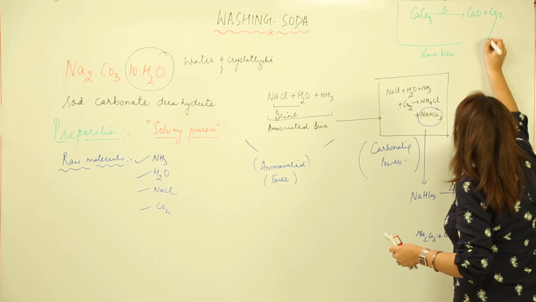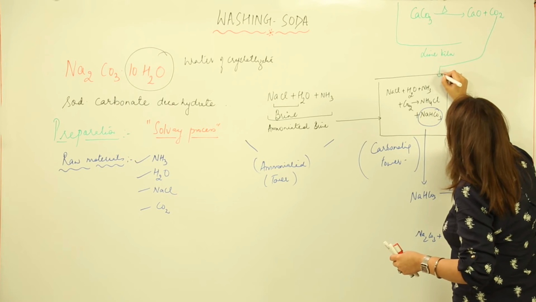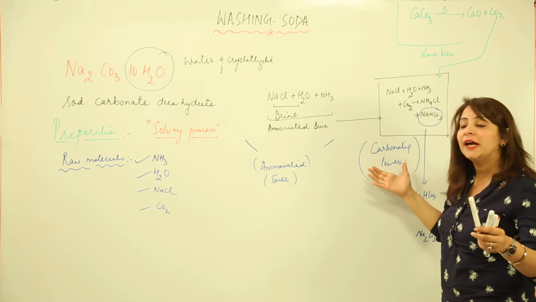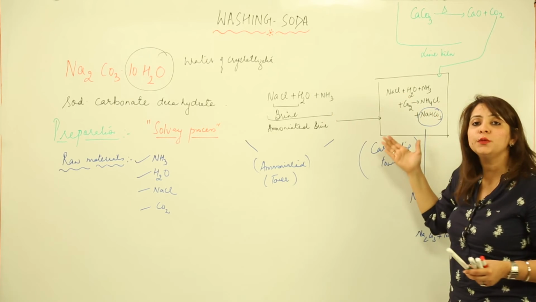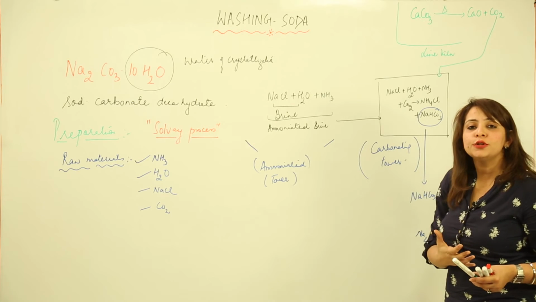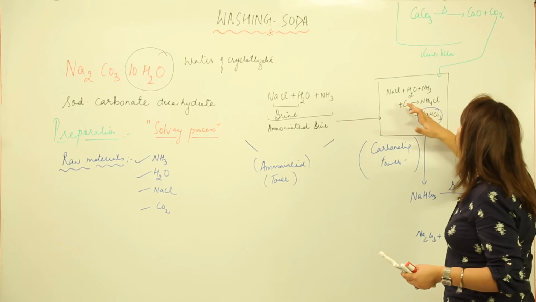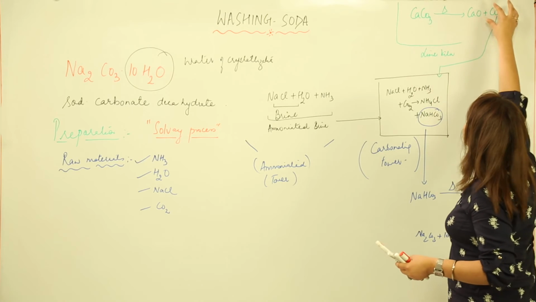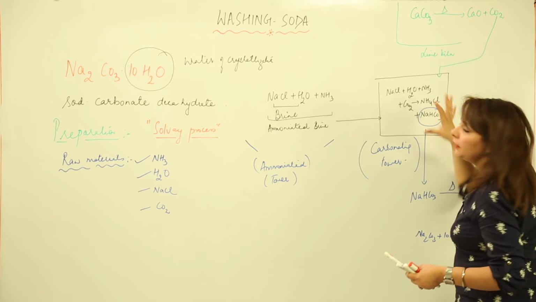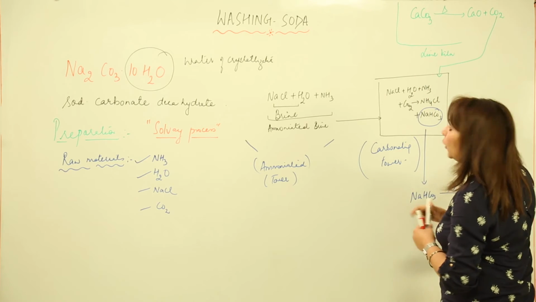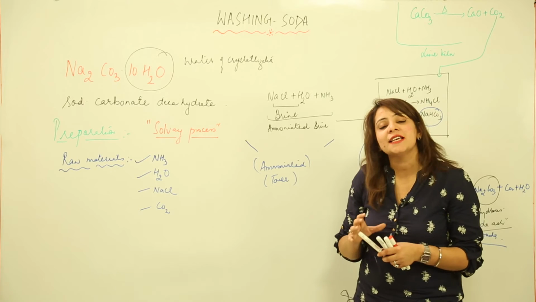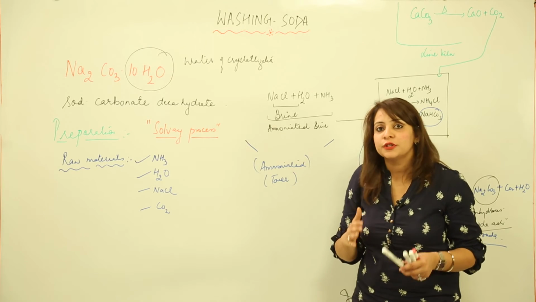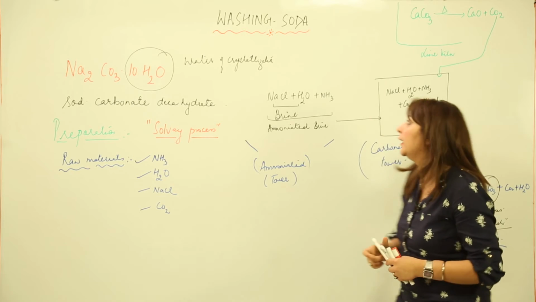This carbon dioxide goes into the carbonating tower. As you saw, in the carbonating tower the ammoniated brine is reacting with carbon dioxide. So what is the source of that carbon dioxide? The source is the decomposition of calcium carbonate. So this CO2 is fed into the carbonating tower, right? Now we are looking for its utilities. As I told you, it is a process in which the byproducts get reused. So how are they going to get reused? Just look at the board.